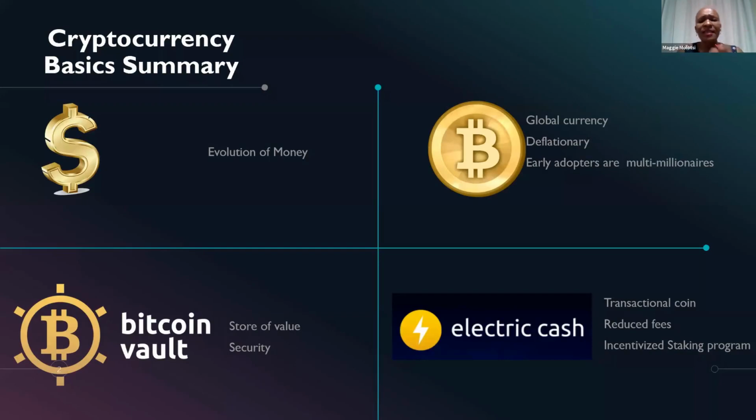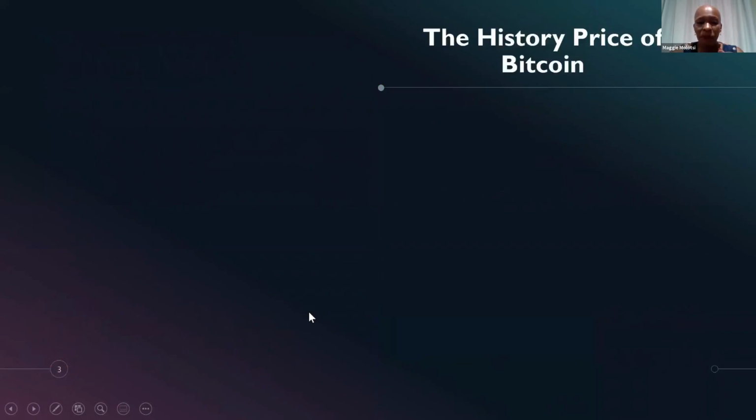Bitcoin Vault came with additional security. Electric Cash came and said, you know what? You can have free transactions when you transact with cryptocurrency. So that is the basics of the 3 coins that I think when you're starting your journey, you should have in your portfolio. Okay, and then I went on to tell you guys about the price of Bitcoin,